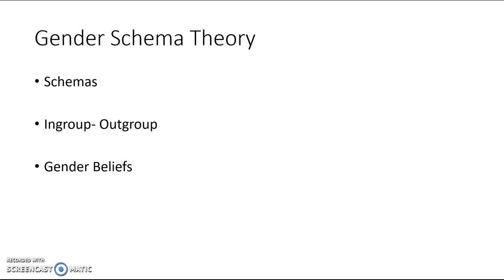In relation to gender schema theory, what is important here is the role that schemas play in our understanding of what it means to be male and what it means to be female. So gender schemas, or what we might call stereotypes, play a big role in organising information in children, and maybe help us to see what jobs people might fit into, or the toys that they play with and the clothes that they wear. They build up these schemas from being young, and they are linked to our cultural norms, and that's how we develop what it means to be female and what it means to be male.